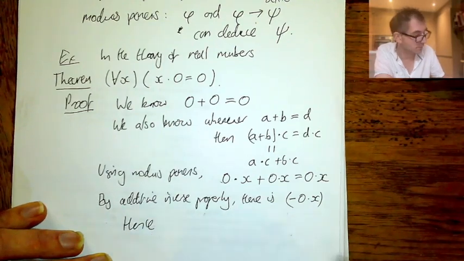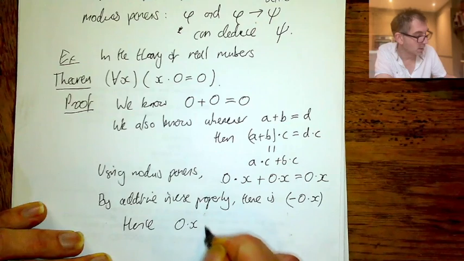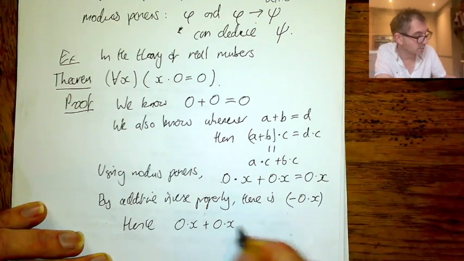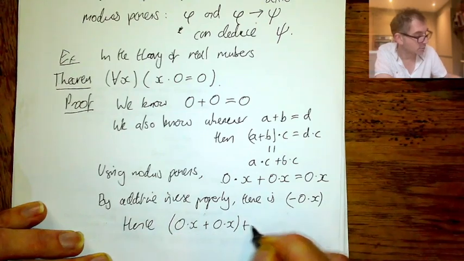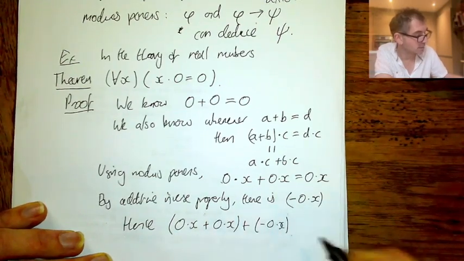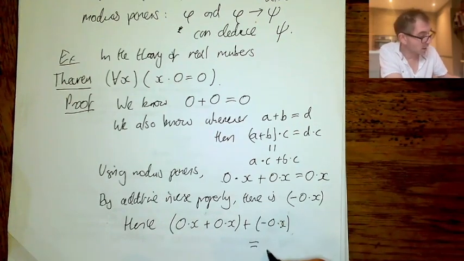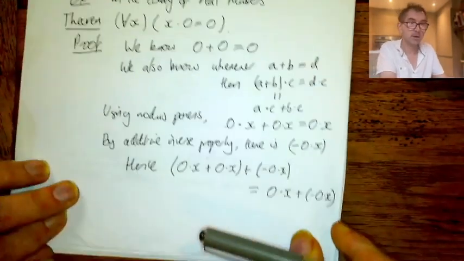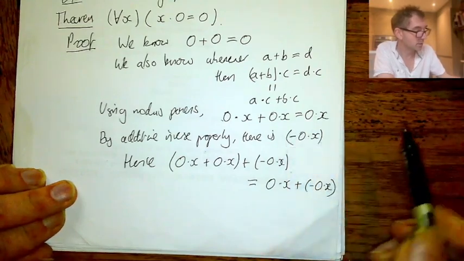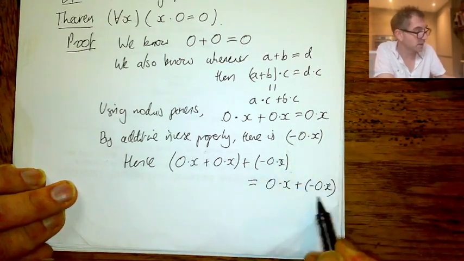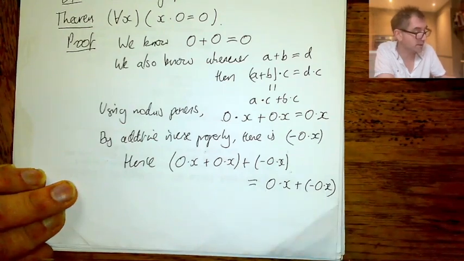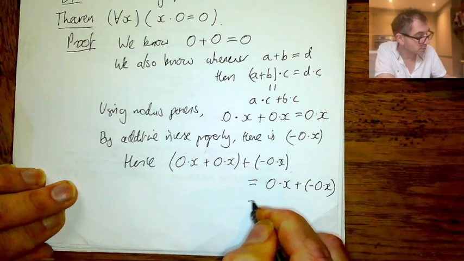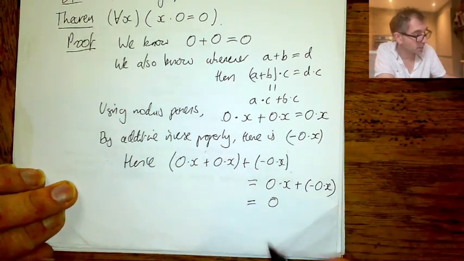So there's another use of modus ponens. 0 times x plus 0 times x, if I add that to minus 0 times x, I get 0 times x, so some number plus its negative. Right? And the whole point of this number minus 0 times x is that it is 0 when I add it to something. So this is going to be 0 on the right hand side,